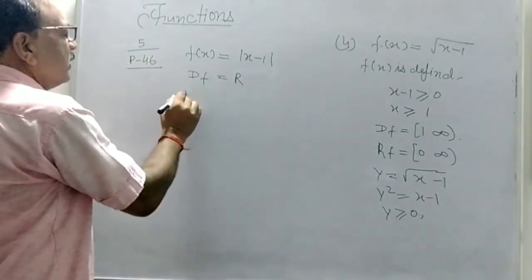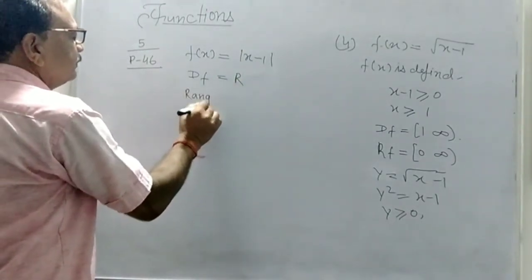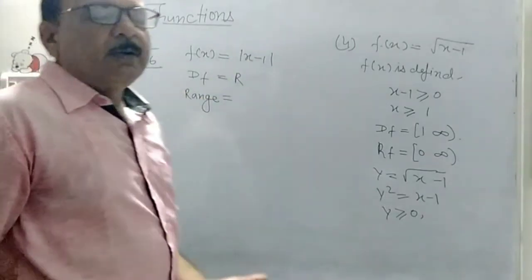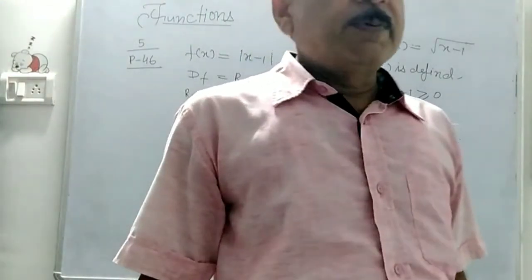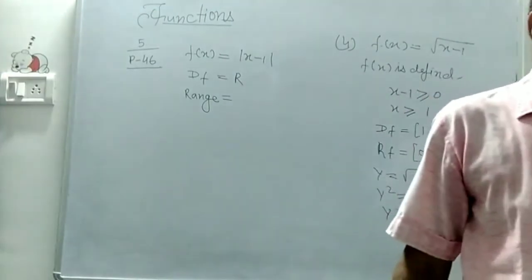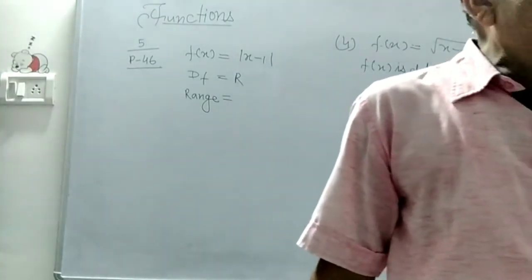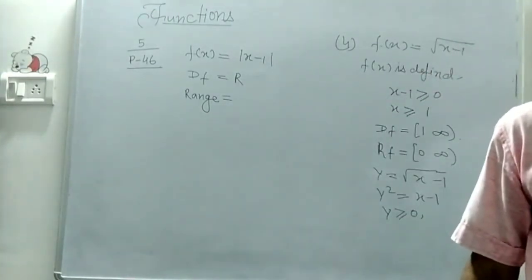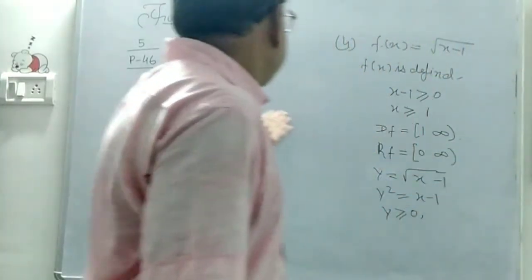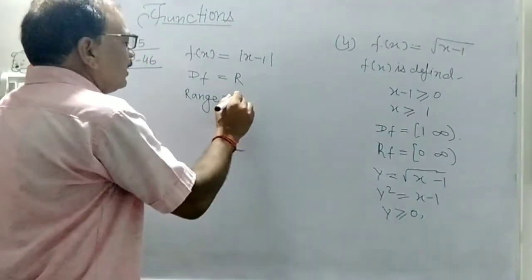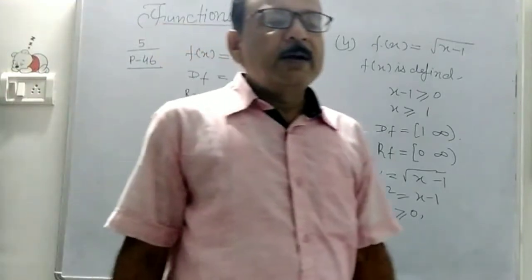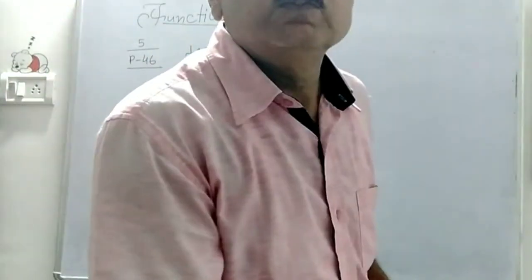एंड रेंज क्या होगा? रेंज ऑफ दिस फंक्शन इज, आप देखिए mod, तो mod is what? Always positive. The mod is always positive, so that range is all positive real numbers. तो ये हो गया रेंज. अब